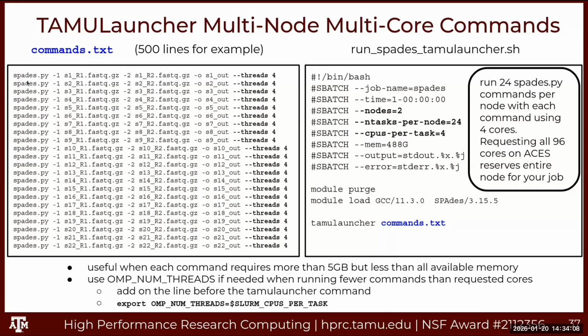Let's just say each command can use more than one core or more than one thread. You can update that number here in your commands file, but you also want to change the number here. So in this case, you're going to run 24 commands per node. Each one of these commands will be using 4 CPUs, and I match the number of threads in my command with the CPUs per task. And again, all the memory, purge the modules to begin, load your modules, and then same command,